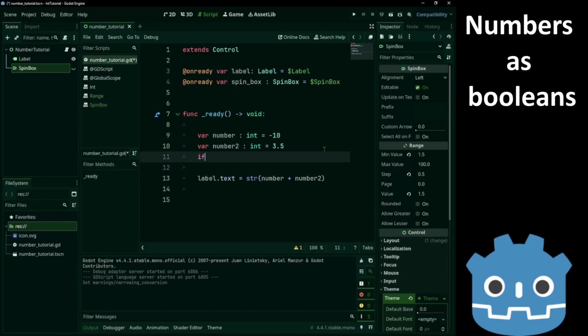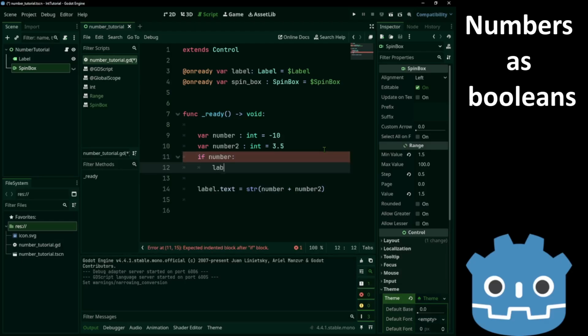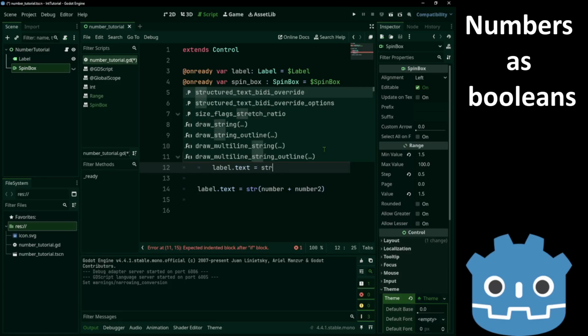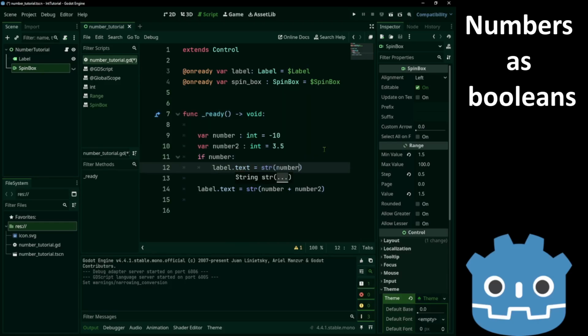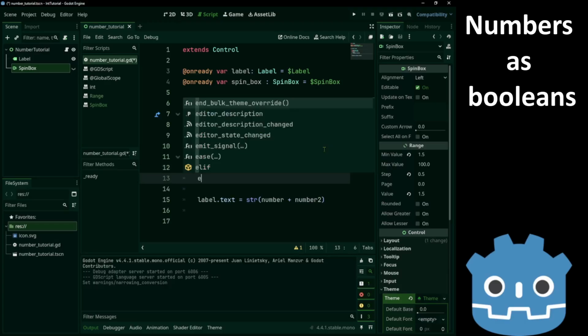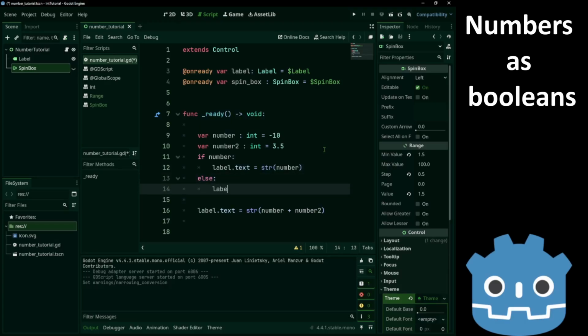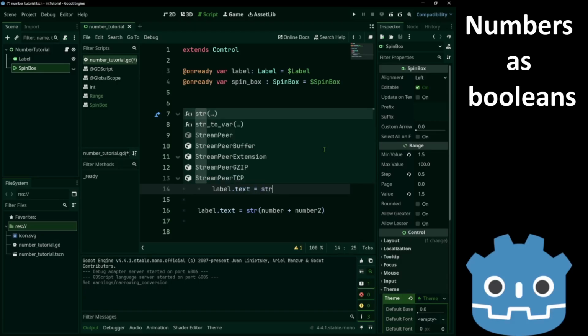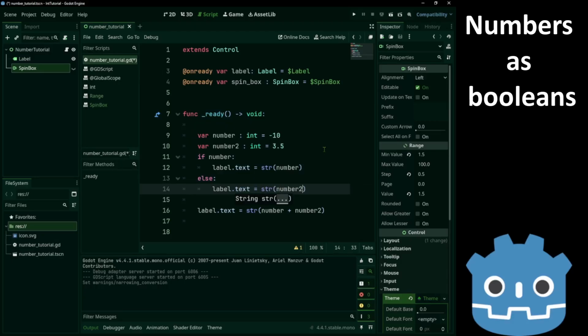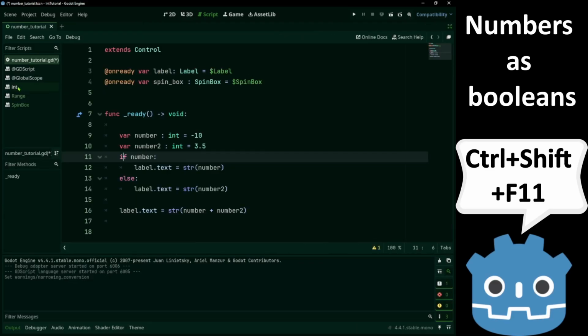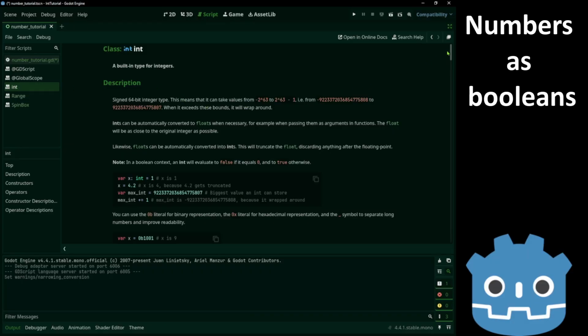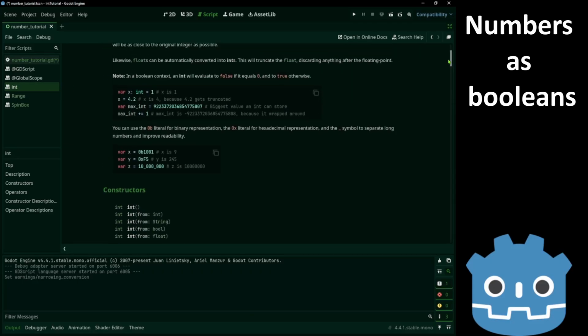Integers can also be used as booleans. It treats all numbers except 0 as true. We can see it here.